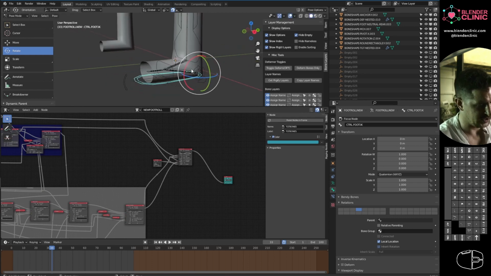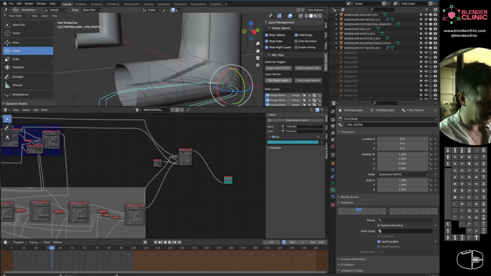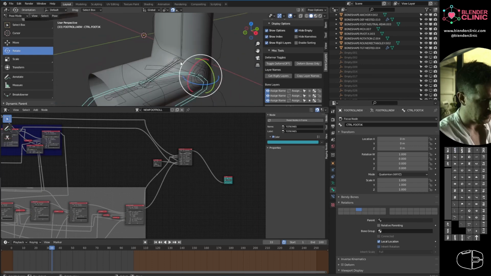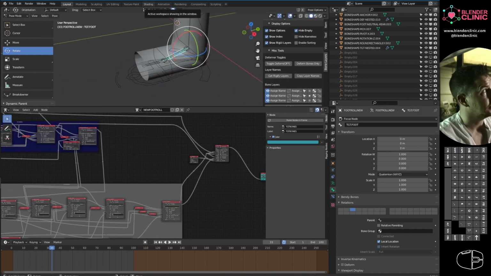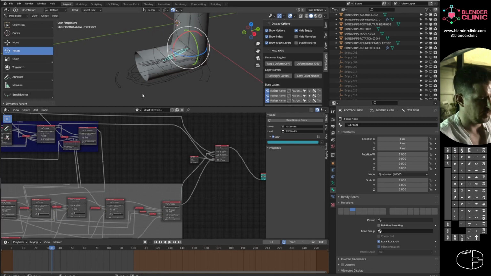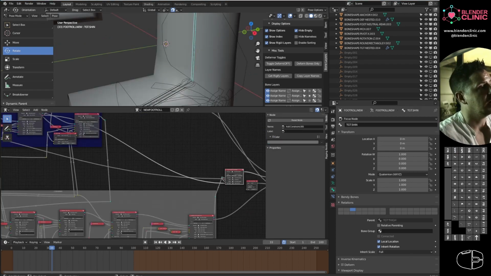This is my own fault for changing the formula before doing a tutorial and not testing it. So, right, bear with. We will fix this. It is what we do. So we've got a target foot bone which has no parent. So I know that none of my controls have any parenting done. So I know that the